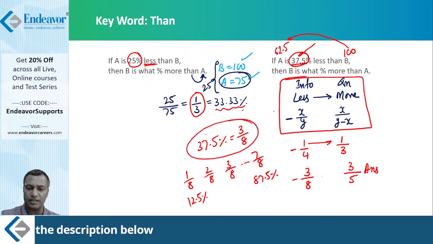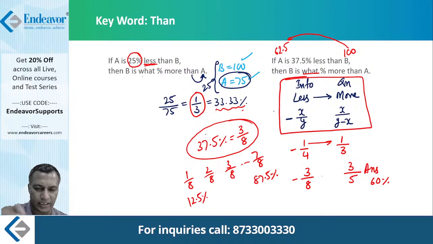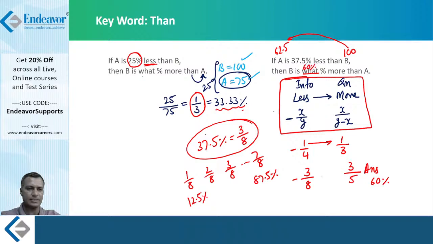What is this answer in the percentage form? 60%. Because you know that 1 by 5 is 20%. So therefore, you come and write this as what percentage? Right? 60%. This is nothing but 60%. I hope it's making quite a bit of sense to you. So what I'm talking about here is making some sense. All right, so my point here is what?